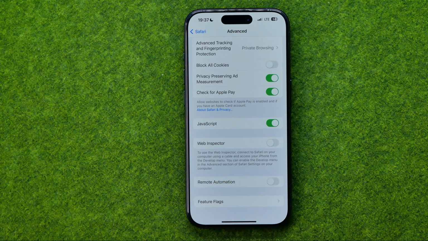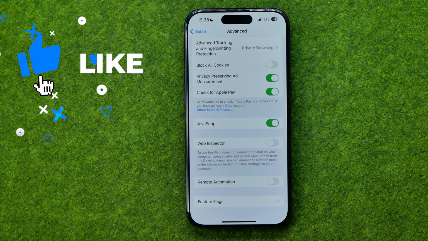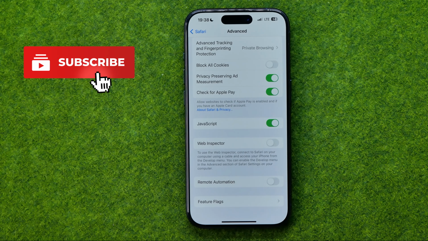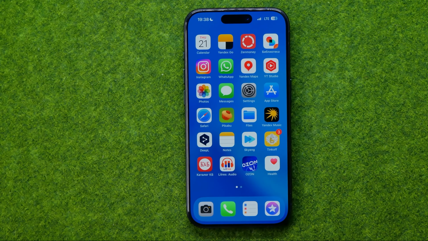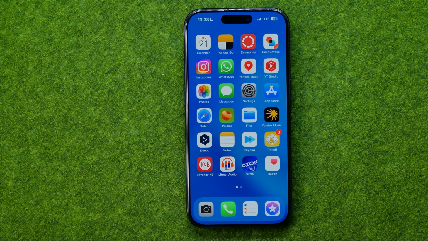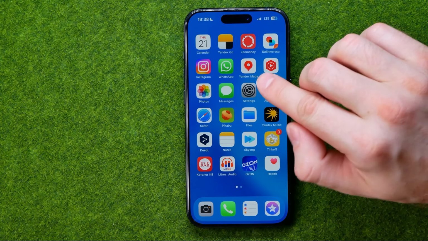In this video, I'm going to show you how you can easily enable or disable remote automation in Safari on an iPhone or iPad. Be sure to watch the video to the very end so you don't make any mistakes. Let's get started, guys. I'm gonna show you all the process from the beginning, and first off, we need to